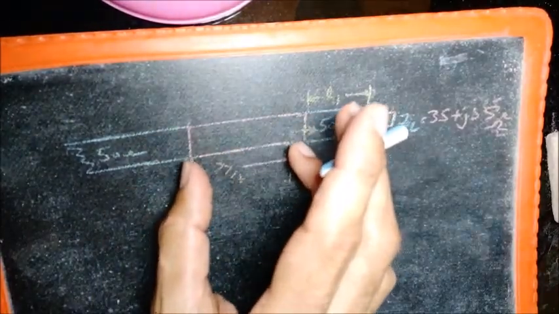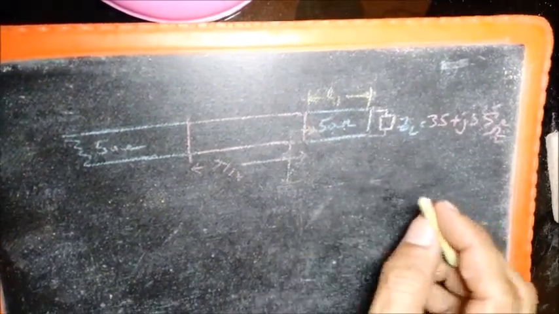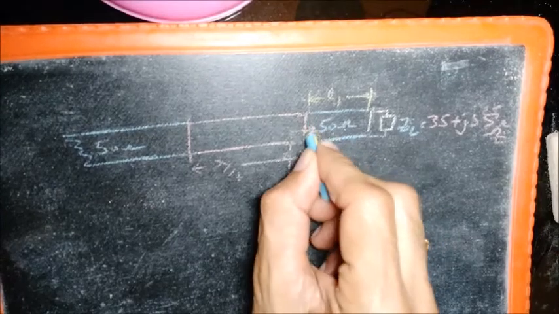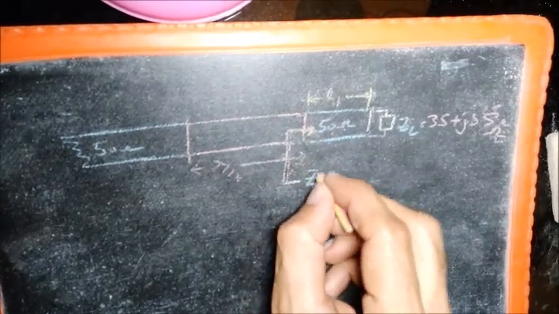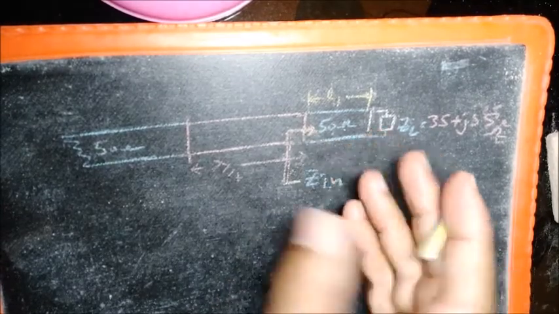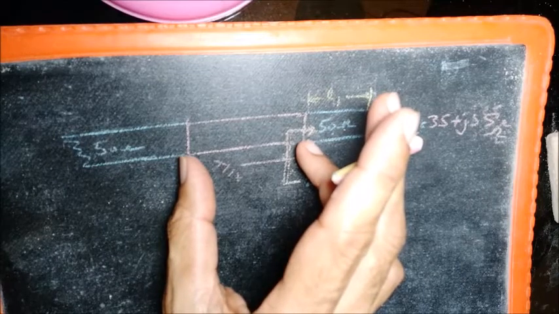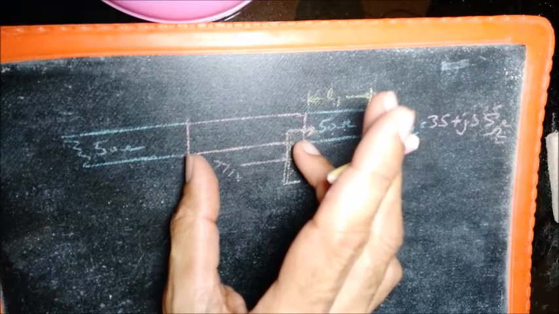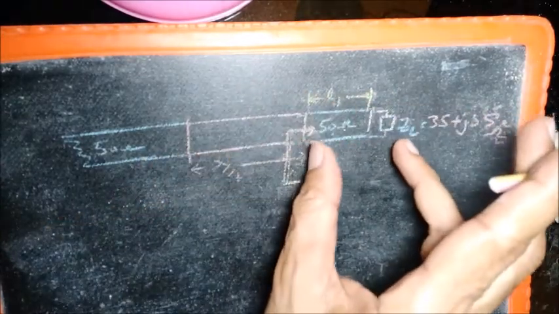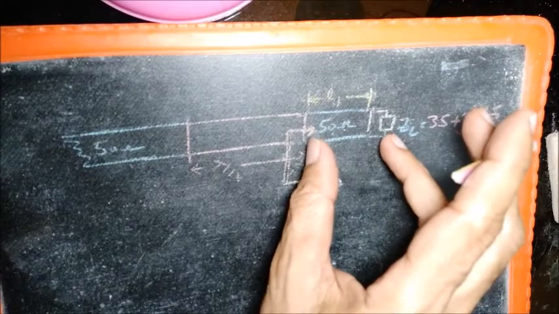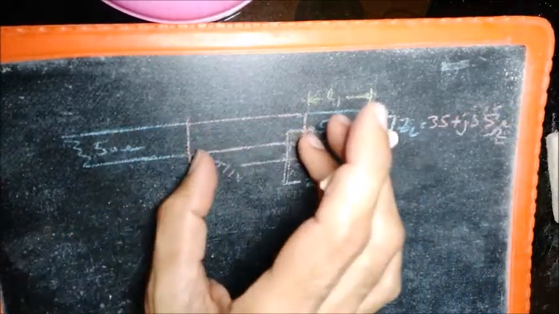So the characteristic impedance of this is what we have to determine. So what we do is we begin with an attempt to find out the Z in here, because it's not just enough that we adjust the characteristic impedance of this such that it matches 35 plus j35 to 50 ohm, because you have a combination here. We have to find out what is the input impedance of this, and it is that impedance that has to be matched to 50 ohms using this.